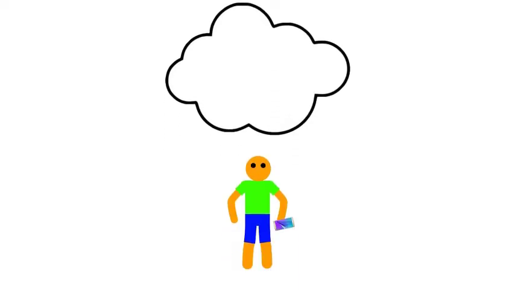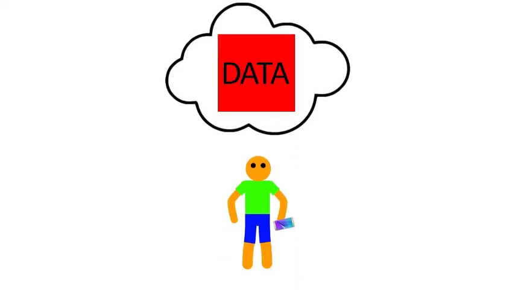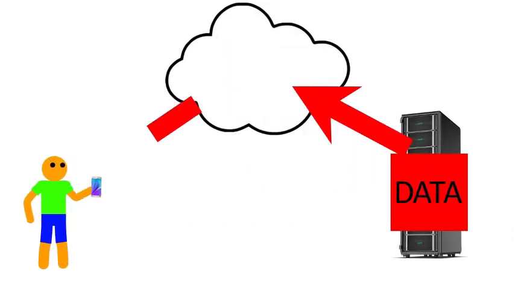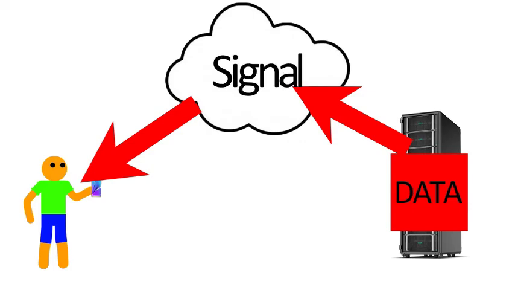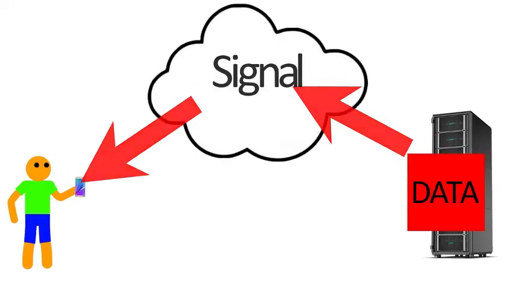It's called a cloud because it's essentially meant to provide the illusion that there is this cloud in the sky above your head with all of your data, when really, as I just explained, the cloud itself isn't where your data is stored, it's just how your data gets to you. That is to say, through Wi-Fi signals or cell phone signals. I really don't care for this term because I consider it misleading and somewhat unhelpful.